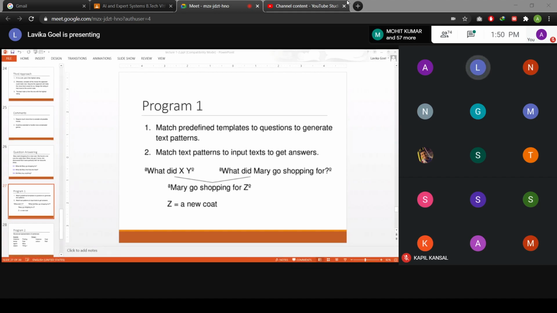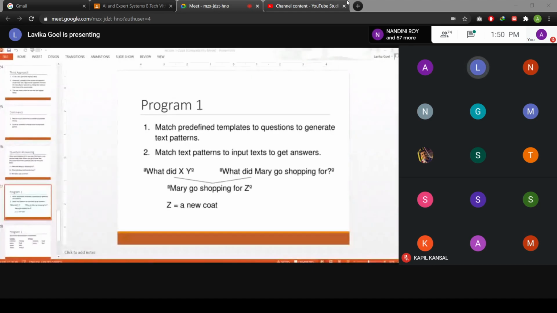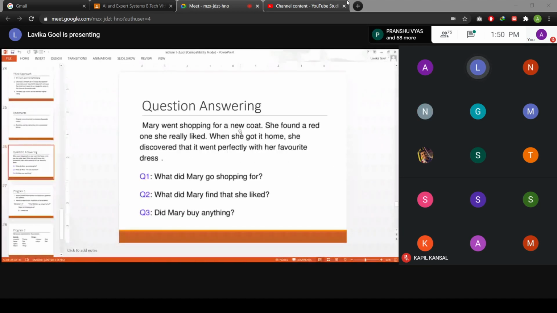So you can perform tense substitutions and expand that go, went, and going. All these are similar things representing the same concept. Then you can find the answer for Z by substituting Z with the input text sentence. In the input text it is written Mary went shopping for a new coat.